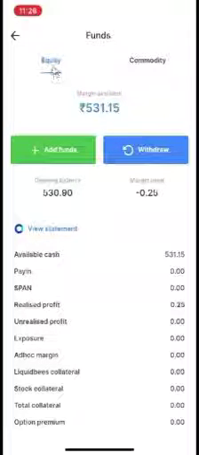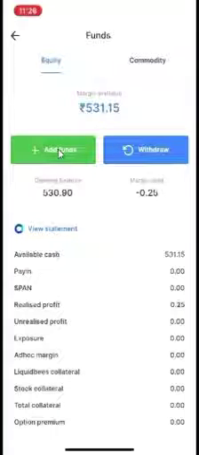If you want to add for equity, select equity and then proceed. If it is for commodity, select commodity and then proceed. Here we can see our available margin, opening balance, and the margins we have used today. As I already told, this minus 0.25 is my actual profit I have made in today's trade.